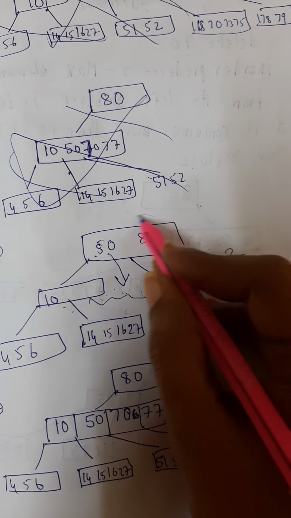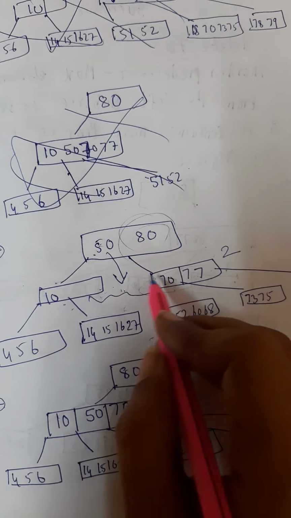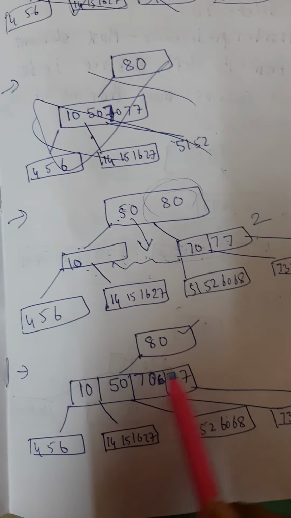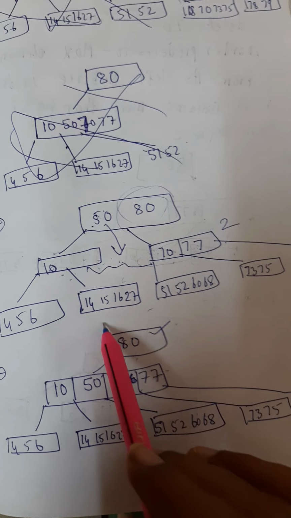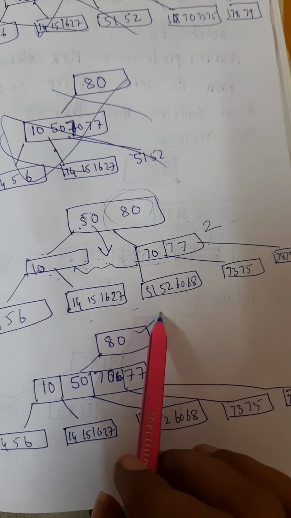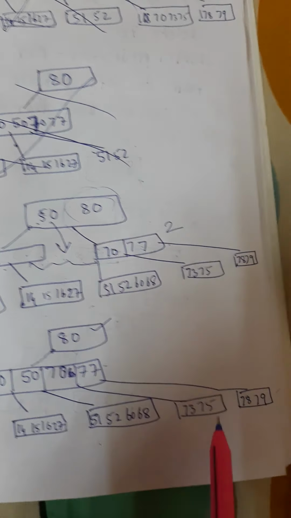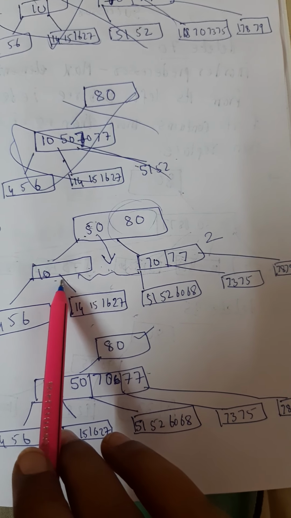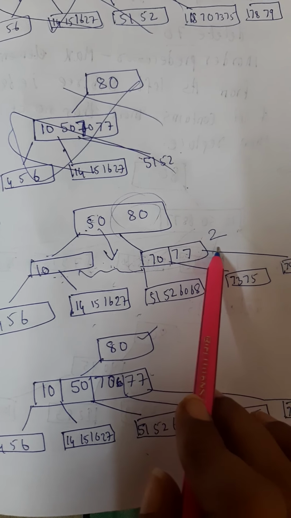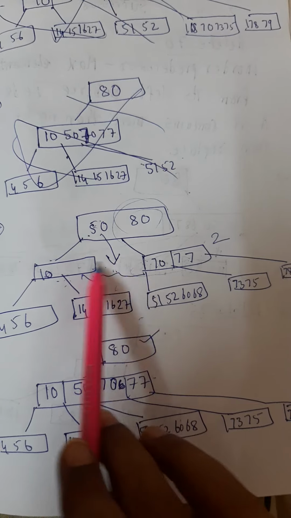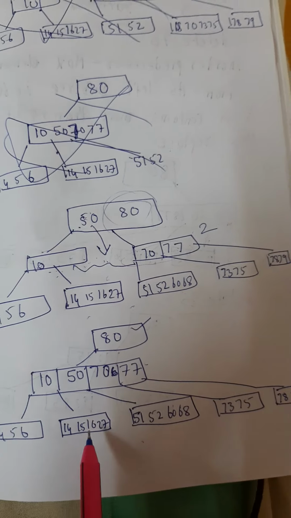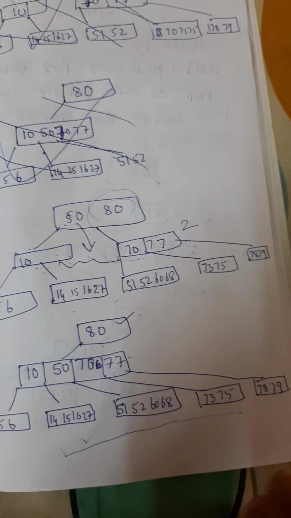So when the 50 will come down, what is the parent node now? 80. And this you are merging. So when you merge, what will happen? 10, 50, 70 and 77. Merging, and 10 left and this is right, and 50 right will be this one, 51, 52, and 70 right and 77 right. Since it is having only one, it is asking the right sibling, but the right sibling is also having 2. So since it cannot spare, what is it doing? It is going for merging. So merging with the parent. So 10, 50, 70 and 77. This is the thing what you have.